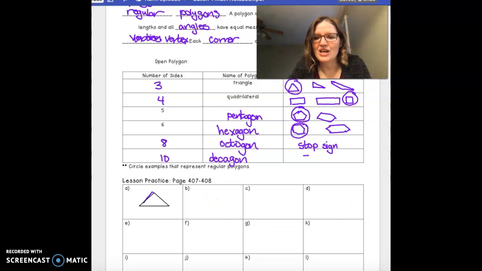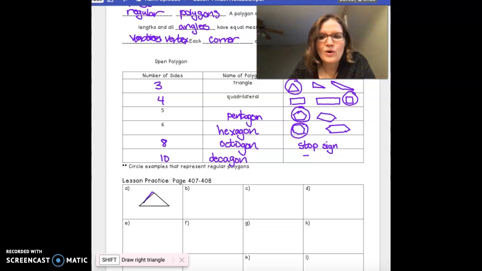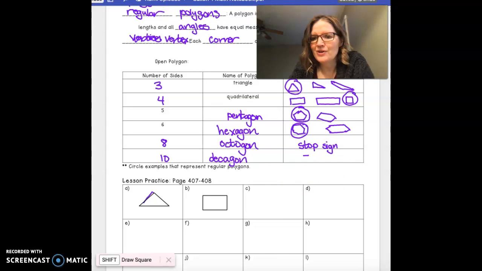Our next shape is a quadrilateral, and I'm going to do a regular quadrilateral. And look at this, guys. I can do it. I hope that you can do it too. There's our quadrilateral. Our next shape is a pentagon, and unfortunately, I don't know if I can insert a pentagon,